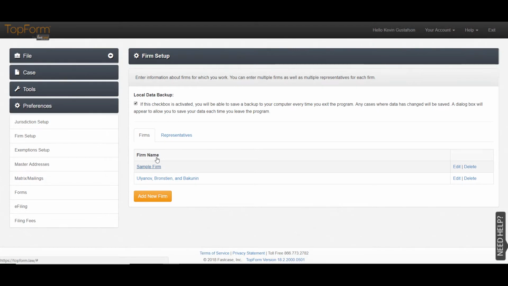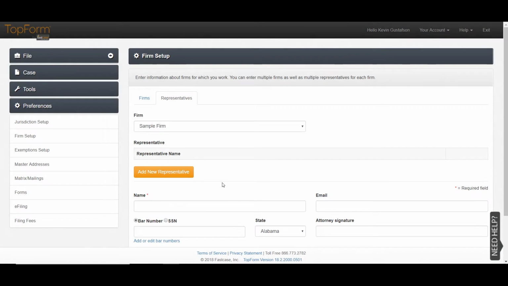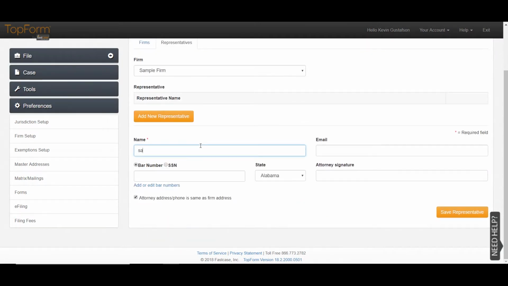The second part of it is that you want to set your representatives. Representatives are different members of each individual firm. So here we have the sample firm selected, and we need to add a new representative. So we just add in the name, contact information like an email address,